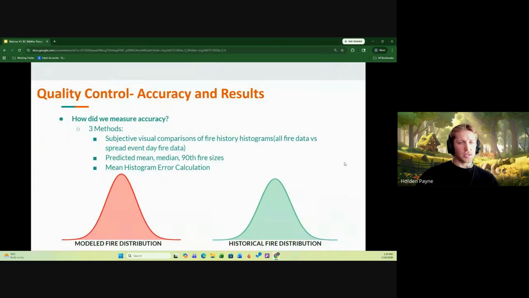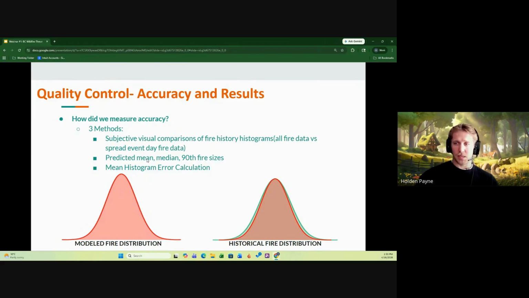So how do we actually assess that accuracy? I mentioned this before, but if you are not familiar, it's essentially through visual matching techniques between fire history histograms, so your distribution of your size classes. So how much fire is in each of your size classes, and you would compare what you got in the model with what you found historically. These are subjective, so you can change your variables and tune them until you match what you expect.